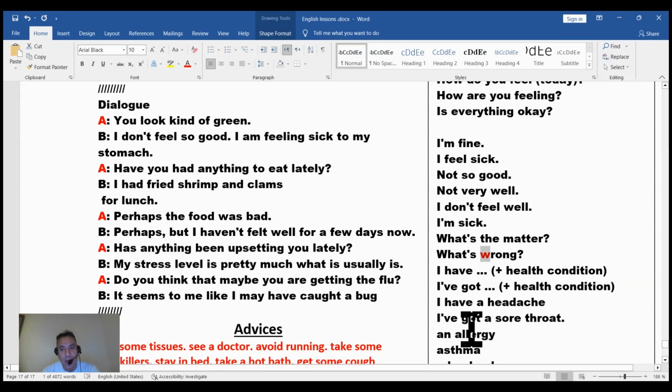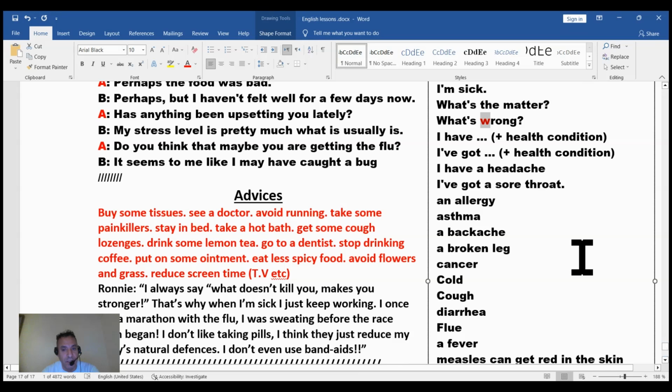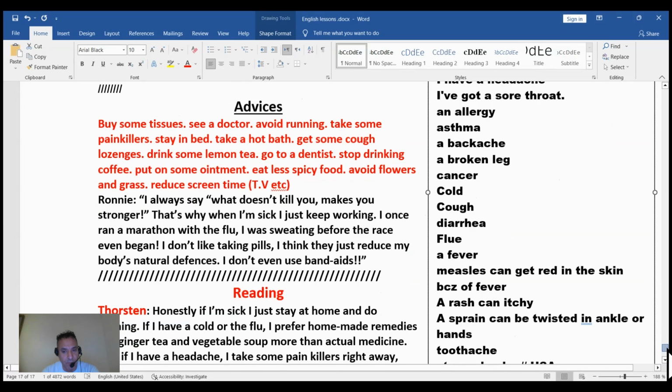Okay, and here we have some vocabulary. We will try to use it later. Okay, an allergy, asthma, a backache, a broken leg, cancer, cold, cough, diarrhea, flu, a fever. So all this vocabulary we are going to use later. Measles can make the skin red. There is something red on the skin because of fever.